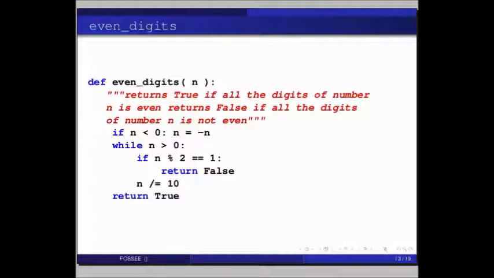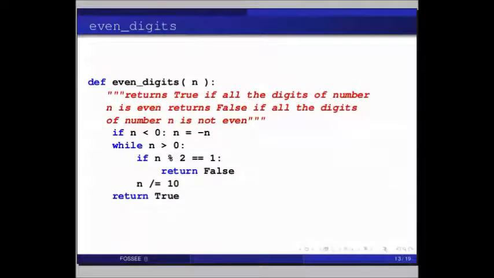So it is given def even_digits within brackets n colon, and then in 3 double quotes: returns true if all the digits of number n are even, returns false if all the digits of number n are not even.